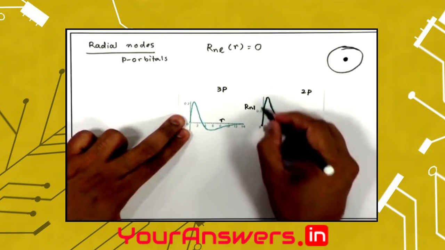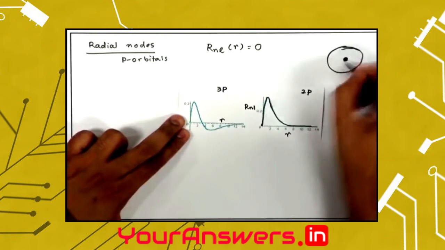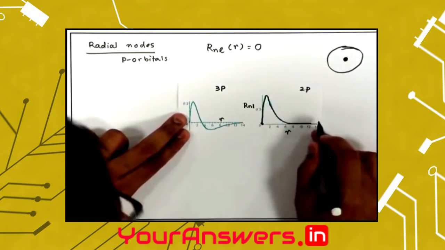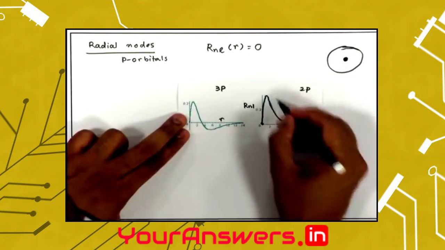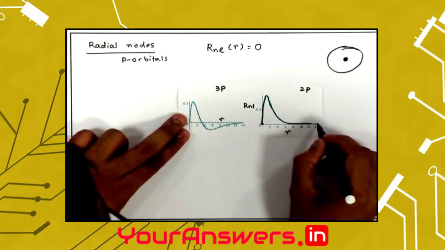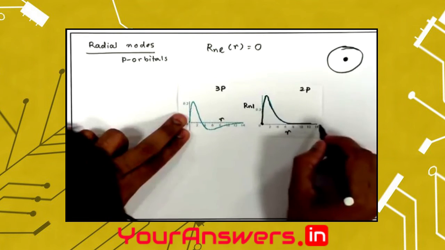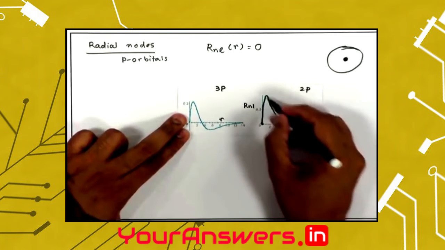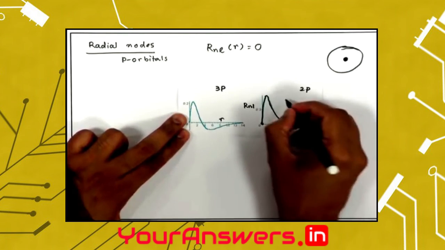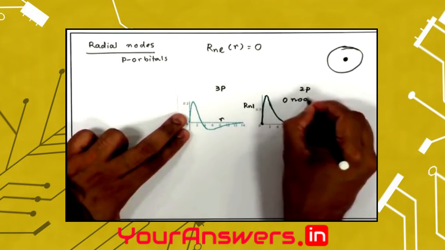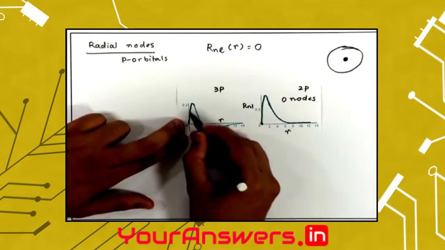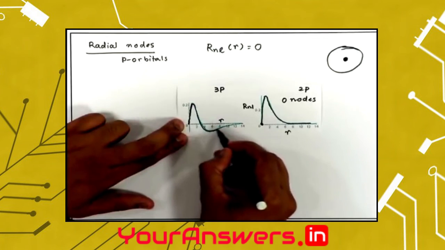So, this is not a node, this is actually a result from the limit when r goes to 0, and similarly at very large value of r, this asymptotically goes to 0. So, in this case the radial part of the wave function has no nodes. So, this has got 0 nodes, and in case of 3p orbital, the wave function looks like this,